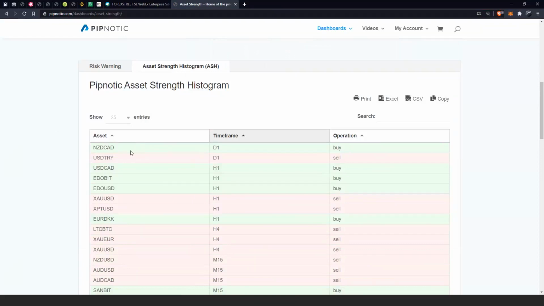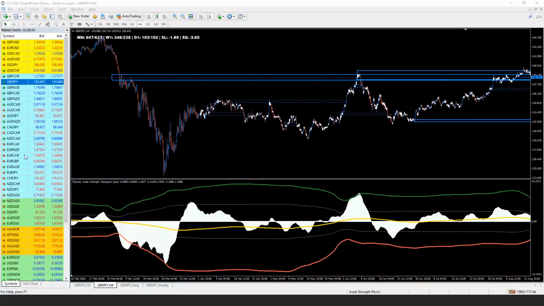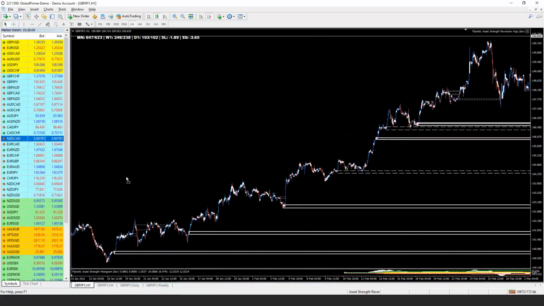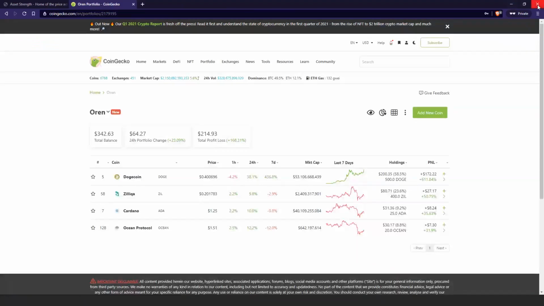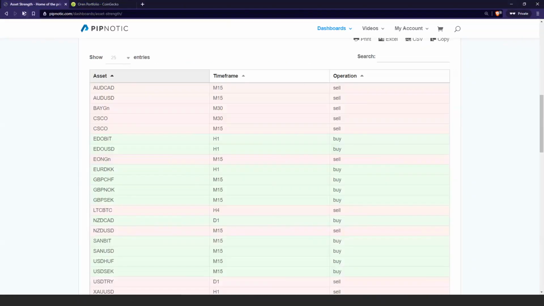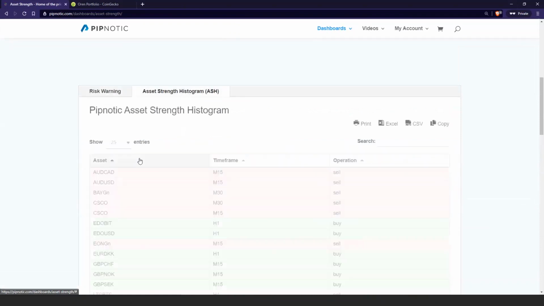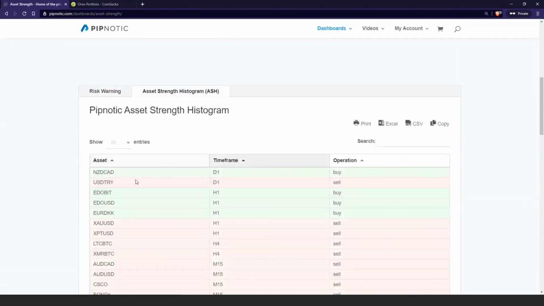So if I want to look at this one, I go to the Kiwi Canadian dollar. I'll move this box down here and move that here. Let me reload this. So if we go here and look at the Kiwi Canadian dollar, we are looking at the daily. This is daily asset strength reversion. And so I go to the daily chart